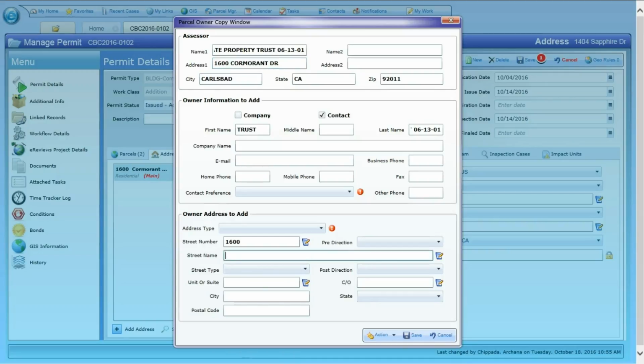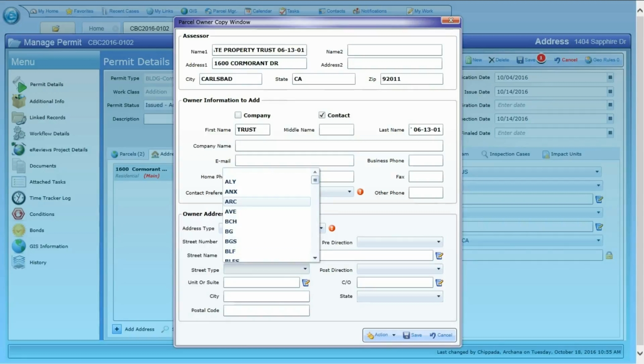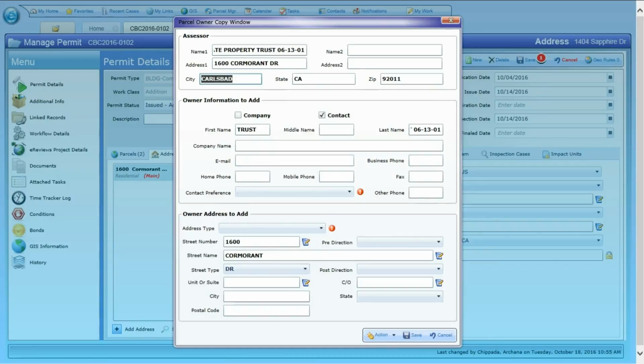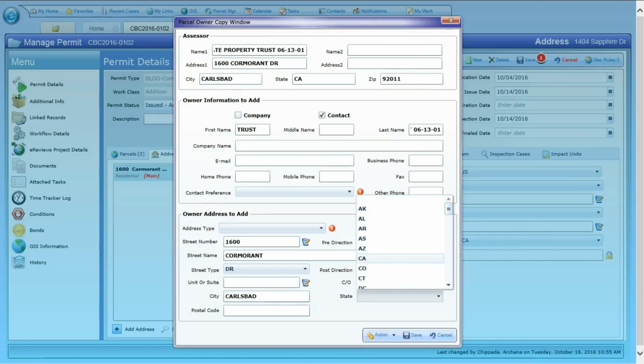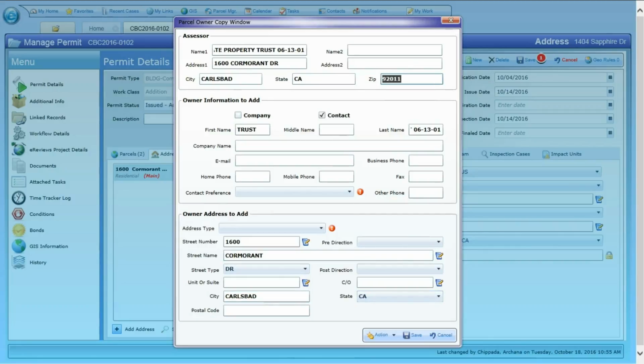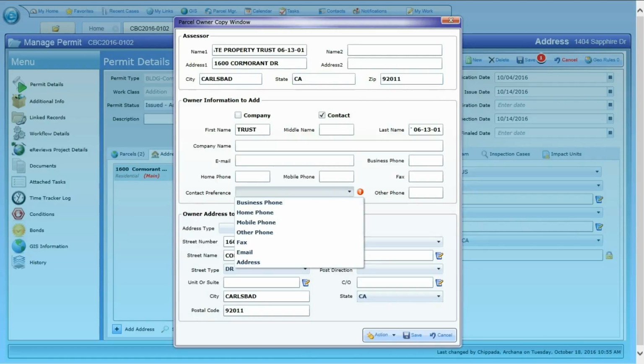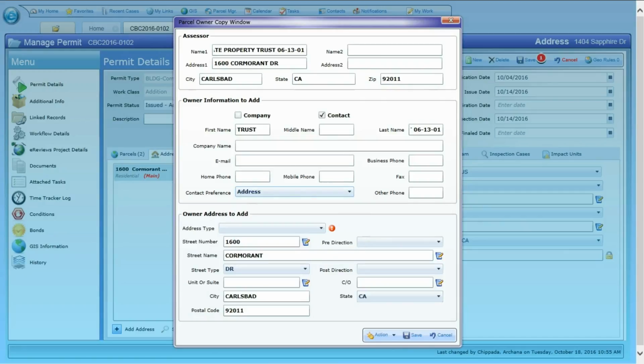When copying, make sure you don't get any extra spaces because that throws things off. And use the drop-down box for street type and for state in order to make sure that things match with the way the system wants the information put in. Everything should be in all caps, and all information needs to be copied exactly as it shows on the assessor information. Once you've transposed all the information from above, make sure you choose the contact preference as mailing and go